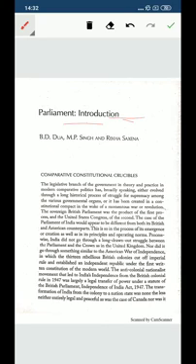Parliament Introduction, by V.D. Dua, M.P. Singh and Rekha Saxena. Comparative Constitutional